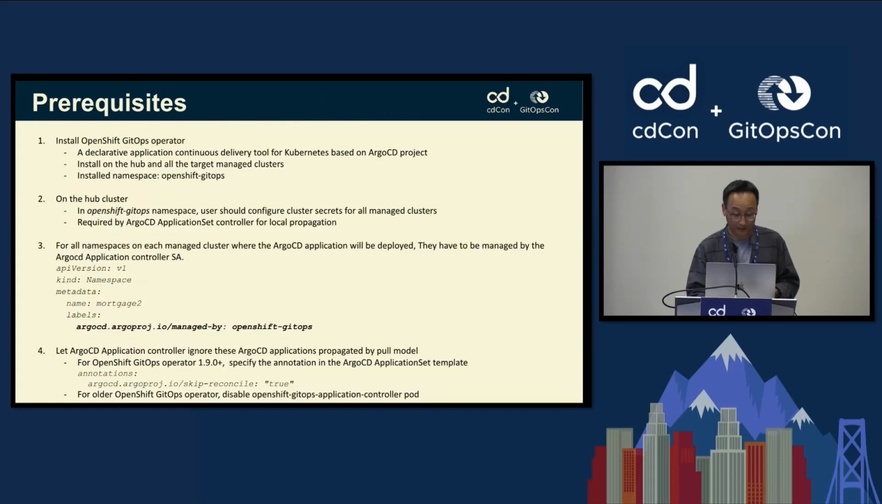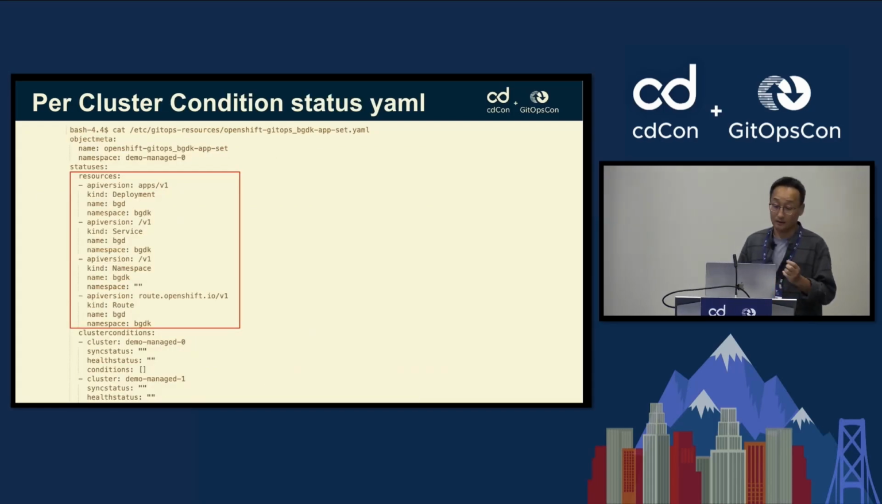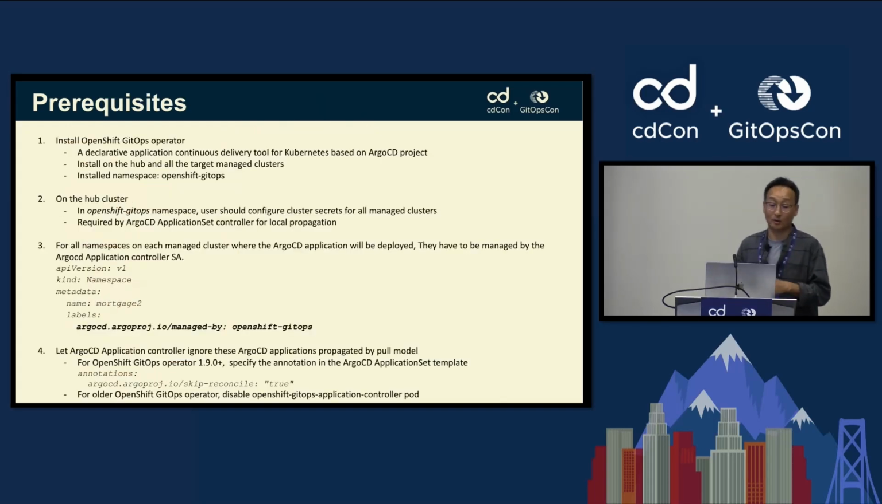Okay, so I think those are some of the instructions for this architecture overview. Now let's talk about some prerequisites to be able to use this pull model. We actually have 4 prerequisites, but